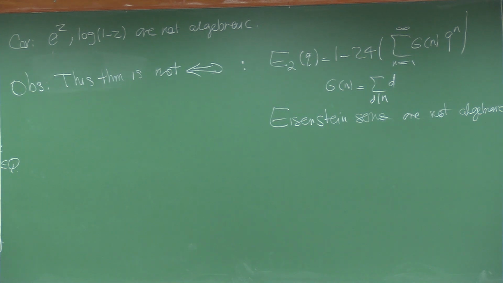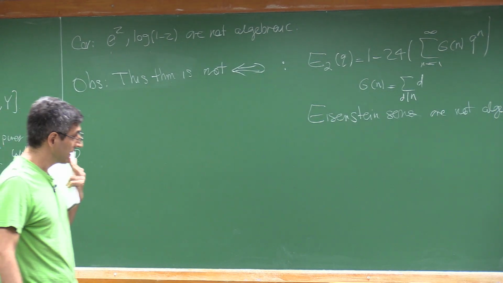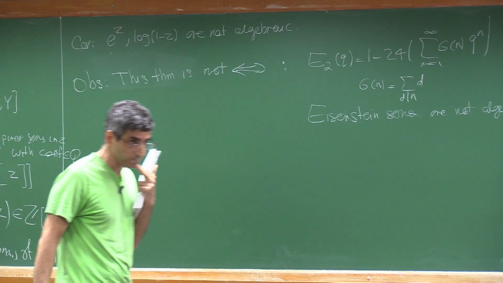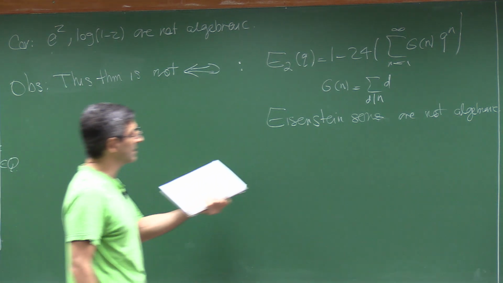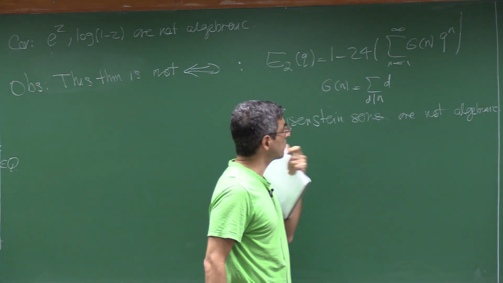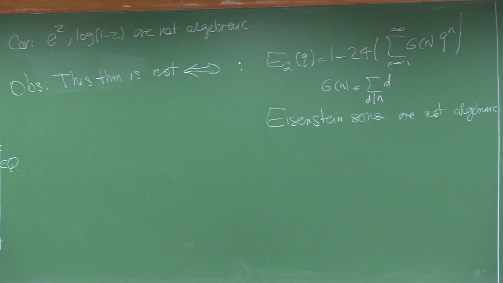I think there must be a much easier example. Yeah, you can use basic analysis, right? Yeah, just take a sequence of integers growing very fast. Exactly. I mean, even the proof that they are not algebraic is not so simple. You need a little bit of argument, but anyway, yeah, exactly.